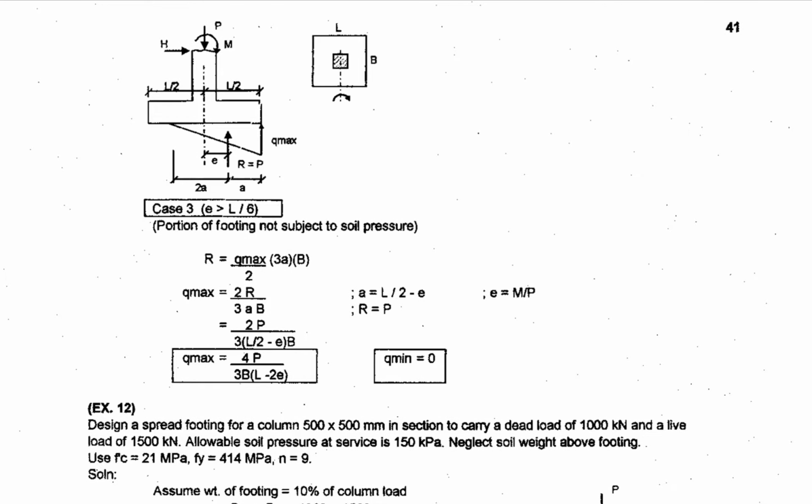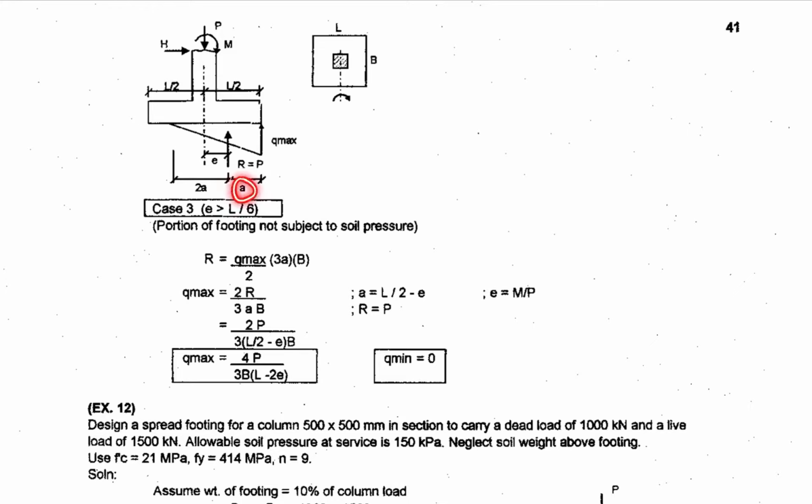So for case 3, your eccentricity is greater than L over 6. So the portion of the footing is not subjected to soil pressure. So you have this one. Some portion of the footing is not subjected to soil pressure. Okay, so your formula, you have your R is equal to Q max divided by 2 times 3A